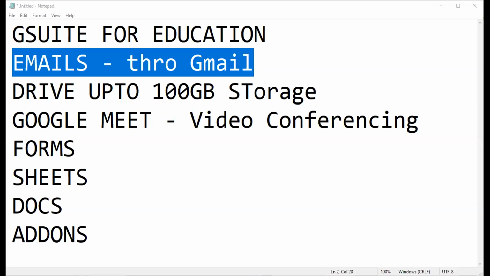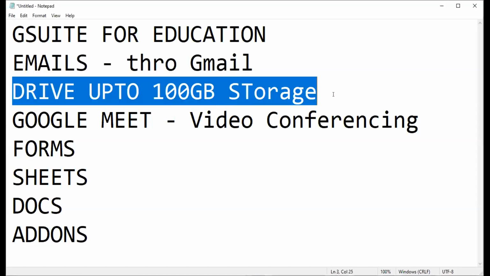Now, so next is Drive. So I want to introduce you to Drive. Drive is where you organize your data. For example, now if we decided that students are going to submit their documents online, even through Gmail, at the end of the day, we need to organize them somewhere in soft copy, whereby we can be able to access them when we want. And you can process them on your computer and they'll be synchronized to Drive automatically.